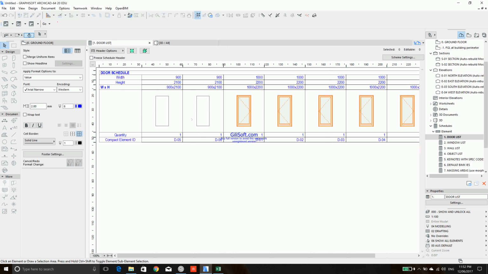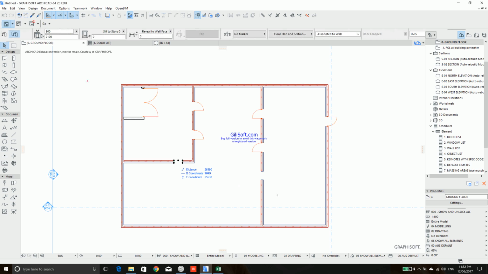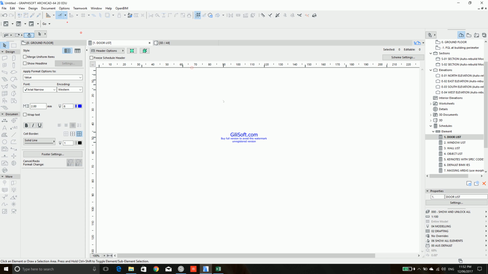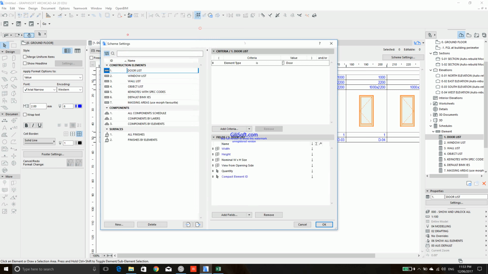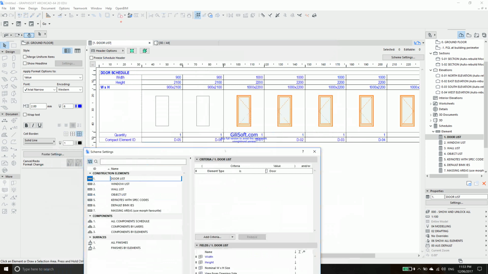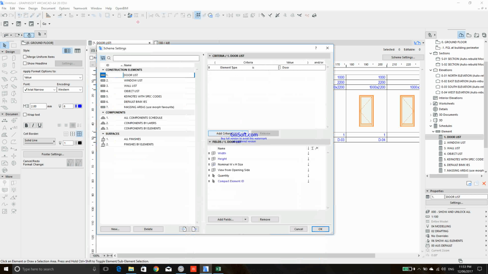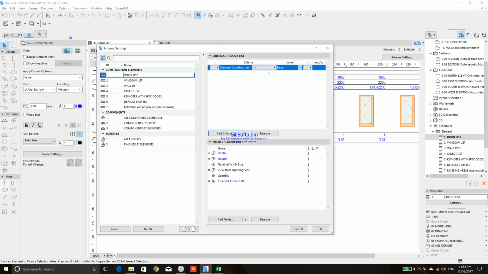So everything right now is showing in your door schedule, but you don't want the wall openings. Like I don't want them to show in my plans, in my schedules. So what I do, I select my wall openings, change it from a door to a wall, and now we go to the schedule. Because here we have an element type, and it will show any element that is a door. It will show everything, including the wall openings. You don't want that. So, element type, you remove it, you change it with element classification. You change it from a beam to a door,